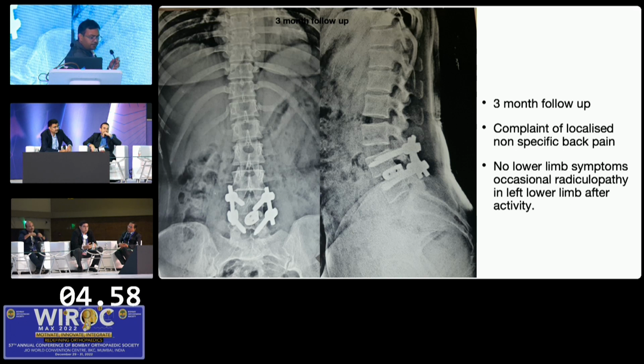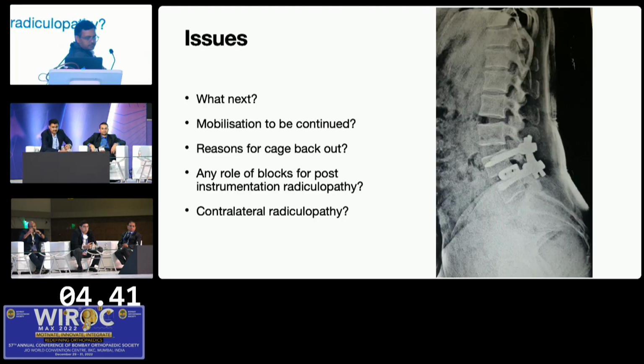I agree with your opinion, but do you think 3 months is too early to see a union, or do you expect at least something should be happening there, because you would have put a graft anterior to the cage, isn't it? Okay. And you have scraped the body also, the lower portion of it. So there must be some activity going on. There must be some biological activity seen. And if it is progressing, I'll give an additional brace and wait for some more time.